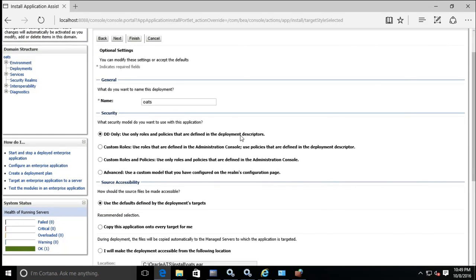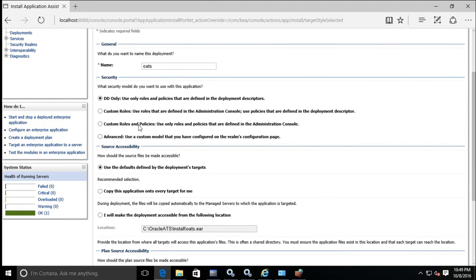I'll read through these and consider the default values provided by WebLogic.